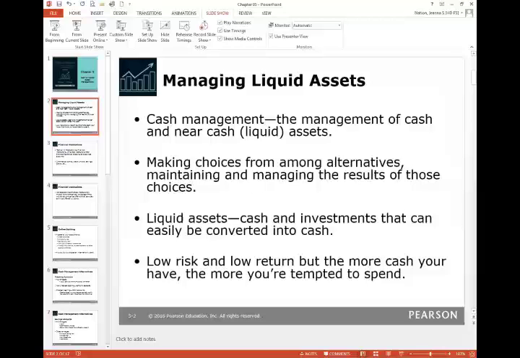This chapter really talks a lot about liquid assets, which is basically the management of things that can be quickly converted to cash. That's the concept of liquid, things that can be converted to cash. And then how do you differentiate and choose between the alternatives for investment and interest that could be earned on these types of assets. Anything that is considered a liquid asset will typically be low risk and earn a very low rate of return. Which isn't necessarily ideal, but it is always good to have some form of liquid asset on hand.